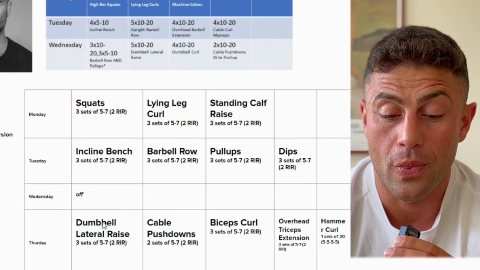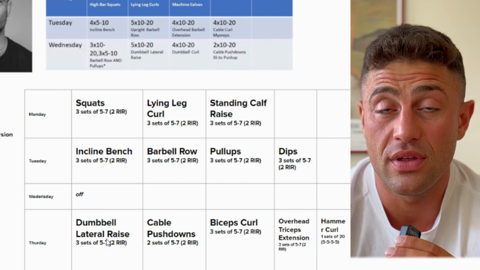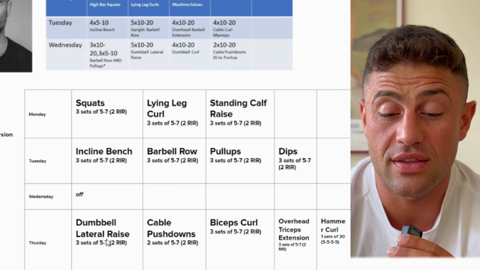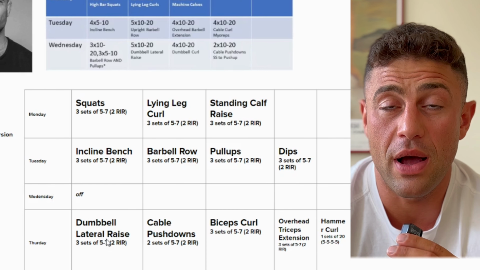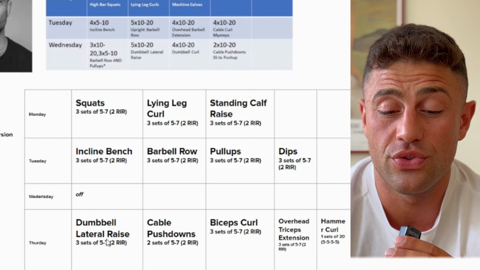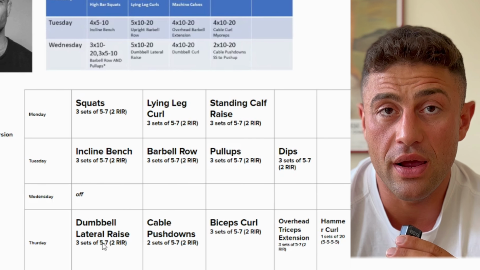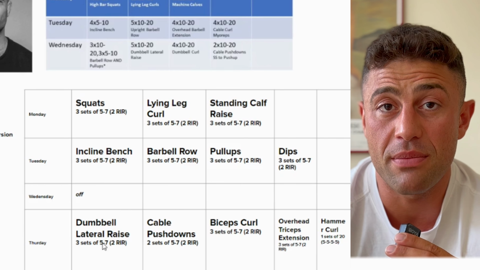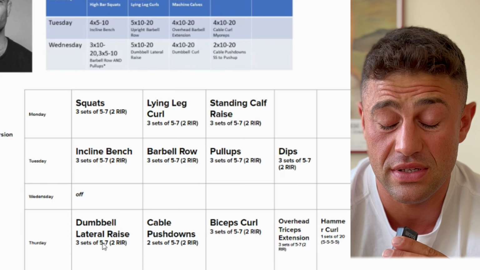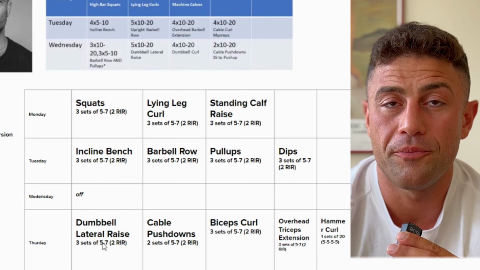And over here you can see I do 3 sets of 5 to 7 on dumbbell lateral raises. You can definitely go heavy on those. Again, there's nothing very specific about the lateral part of your shoulder that requires you to train them differently. The only thing that would ever change my mind on using different rep ranges is personal preferences, or if somebody